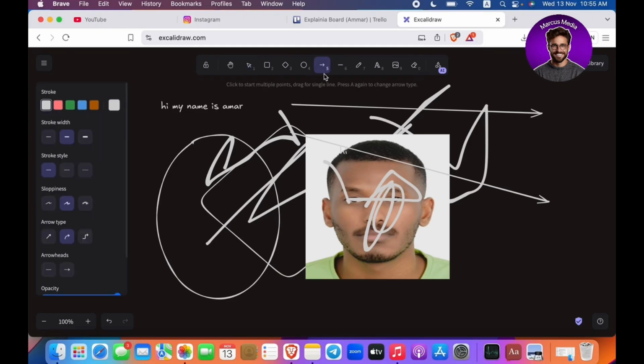Simply go ahead and click the arrow tool right here at the top, right? And I'm going to point right here to the left. And as you can see right here, I could place it wherever, right? I could make it like this to make it more appealing, or I could make it a straight arrow, right? So basically what I'm going to do, I could minimize it, make it smaller, bigger, and I can place